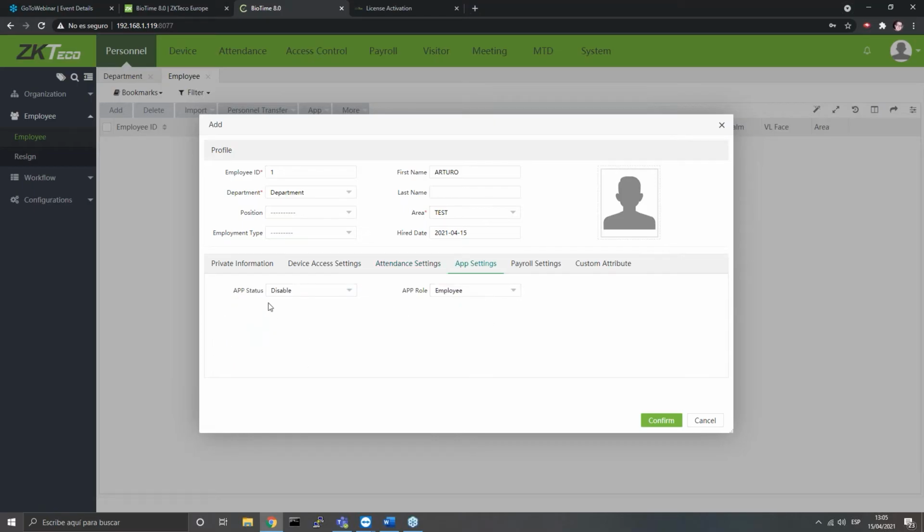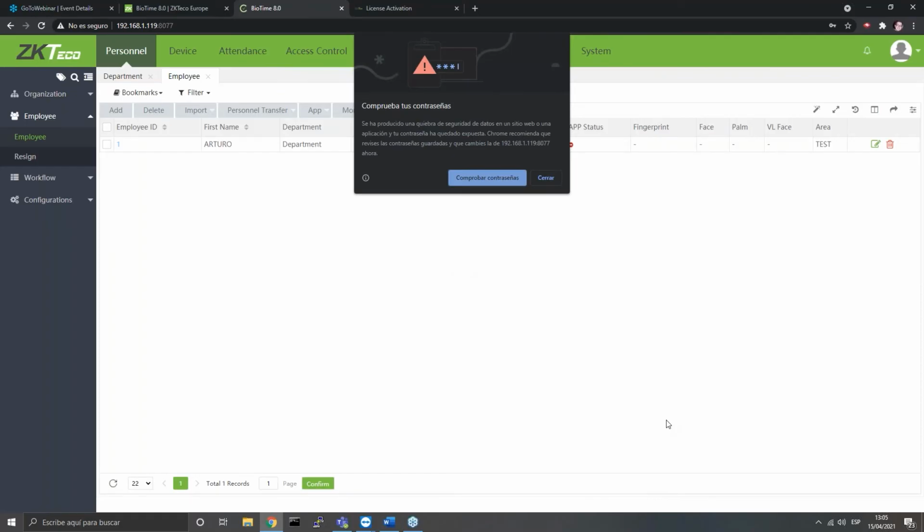Also here I have the application status, whether the employee has the option to use the app, and here I have some information on the payroll settings, what is the period of payment of this employee, and some custom attributes that I can register if I need. Okay, so I click on confirm, and automatically this